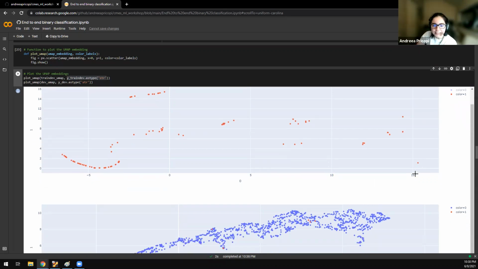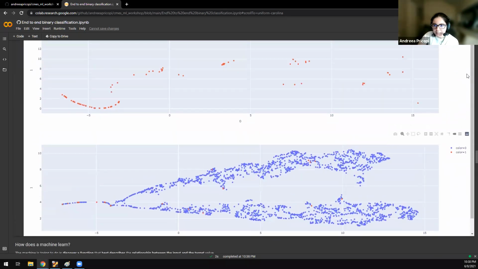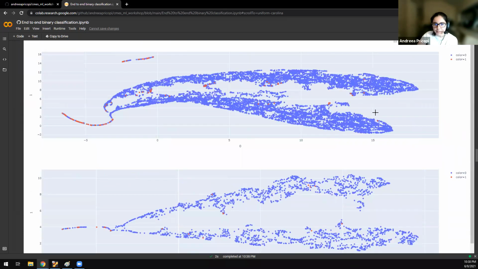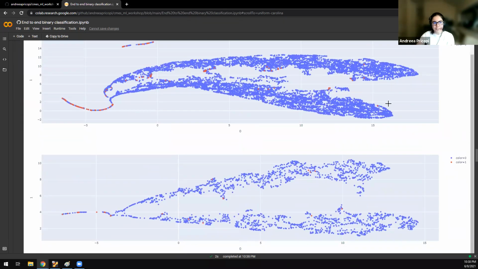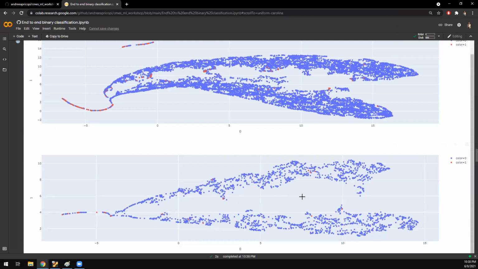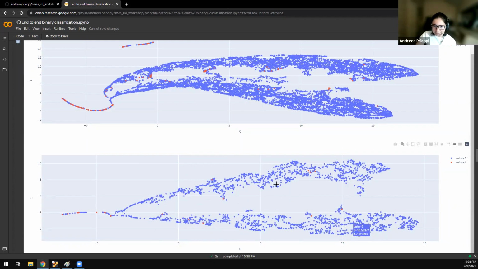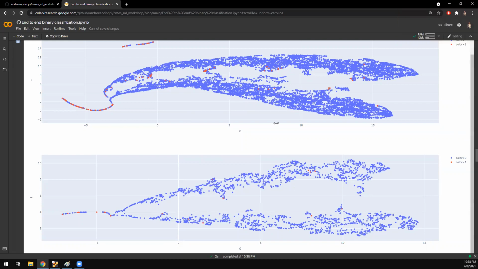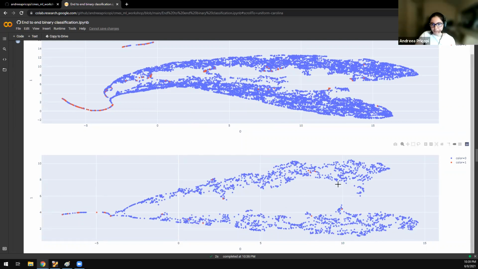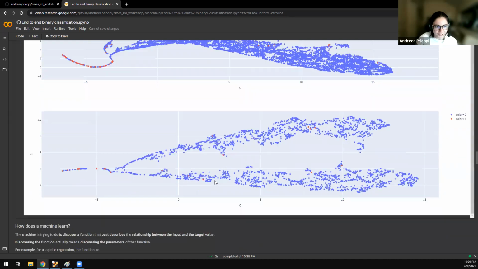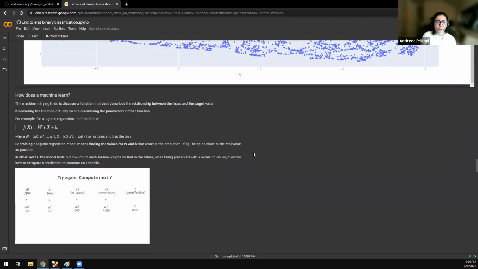And if we look at the dev set, we can see that it resembles the train dev set, which is what we wanted. It means that we have representative and meaningful data in the dev set that we're going to test on. And we'll move on now to the machine learning part, and we'll come back to this to see our predictions on this plot with different colors. And now that we're moving to the exciting part,